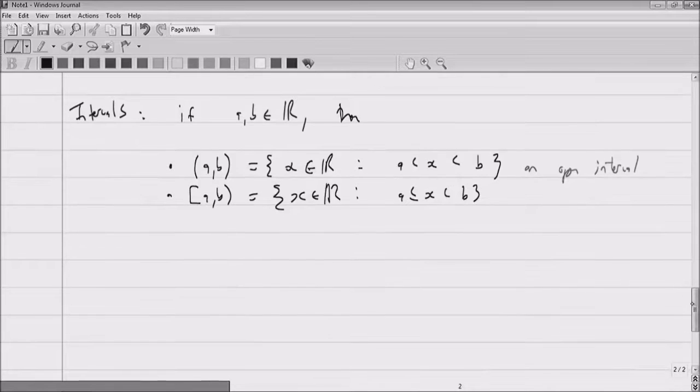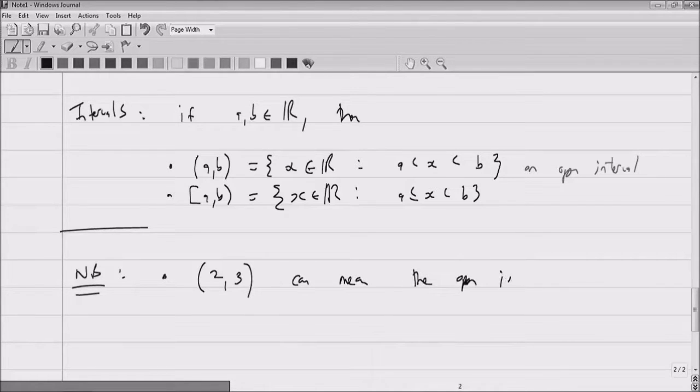And so here's one other thing. So no, two other things. I saw one thing over here, and I thought of a second thing. So two things to be aware of. Thing number one. So NB: (2, 3) can mean at least two different things. So it can mean the open interval (2, 3), right? So all of the real numbers between 2 and 3, excluding both of the endpoints, or